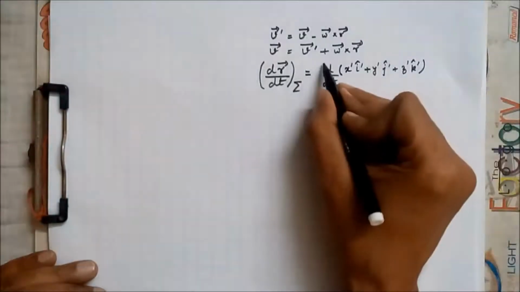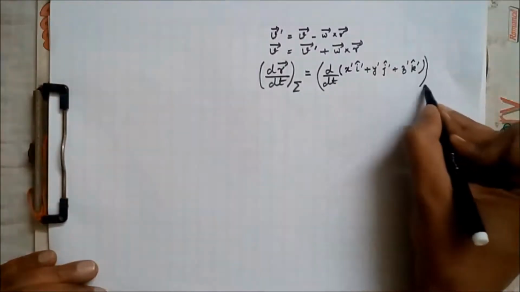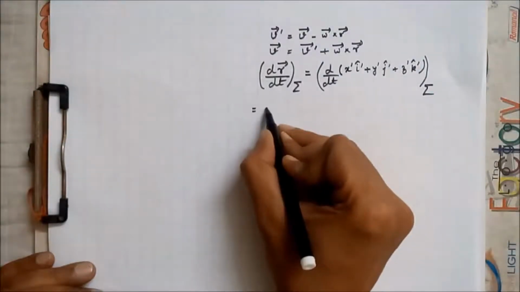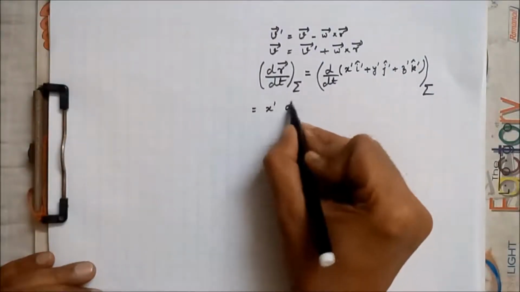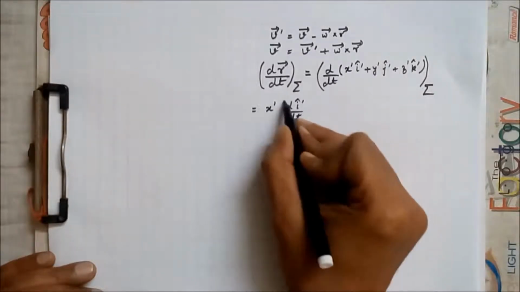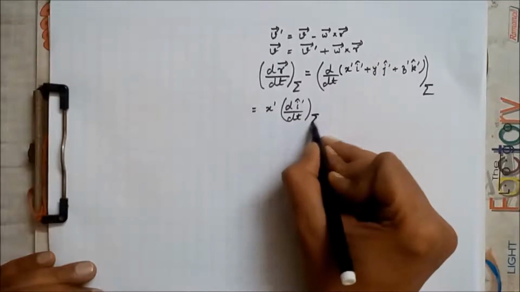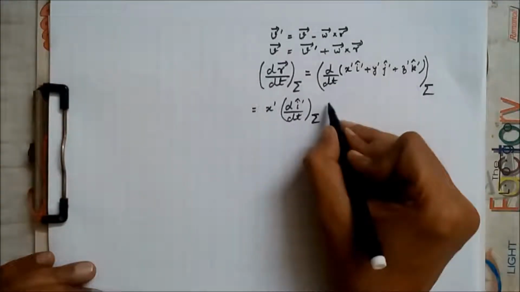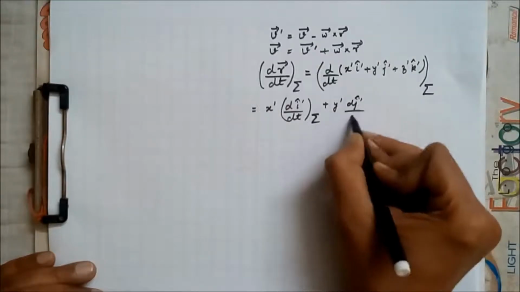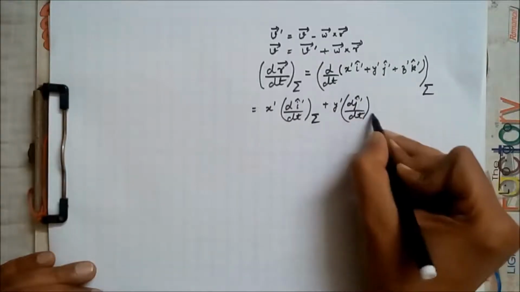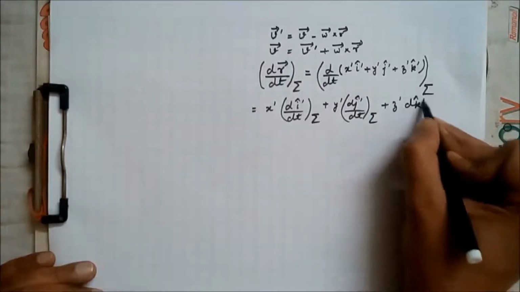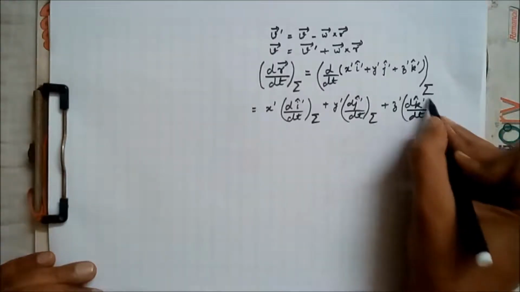Now this differentiation is being done in the unprimed frame of reference. So this becomes x primed d i cap primed over dt, the differentiation being done in the unprimed frame of reference, plus y primed d j cap primed over dt plus z primed d k cap primed over dt,